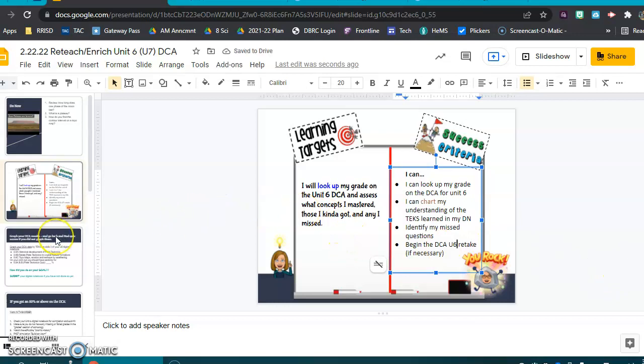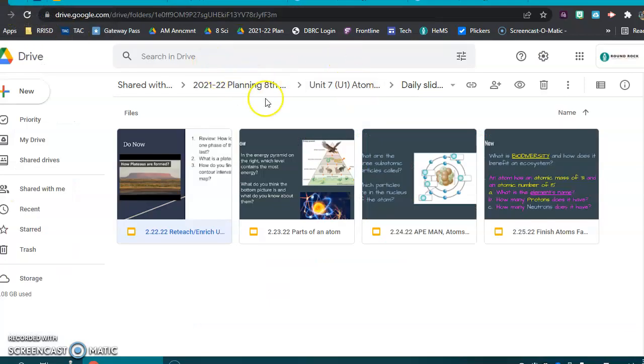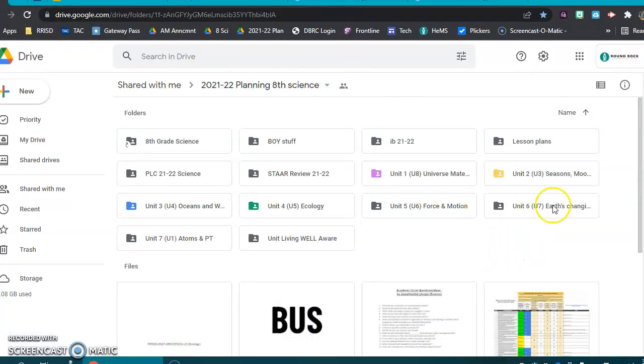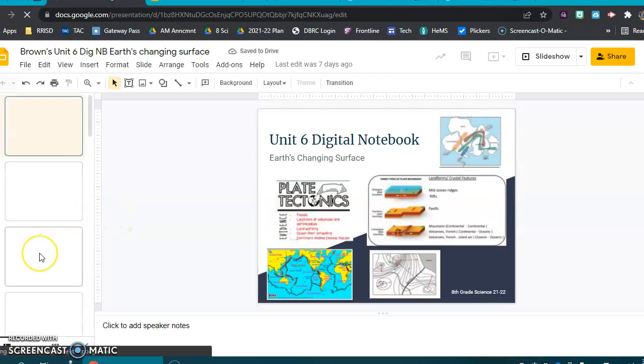All right, so now we're going to graph our DCA data in the tabs of our unit notebooks. And so what we're going to do here is flip over there and I'm going to show you what that looks like. So we're going to come over here and go into Unit 6. I'm going to go to our digital notebook, and on slide 3,